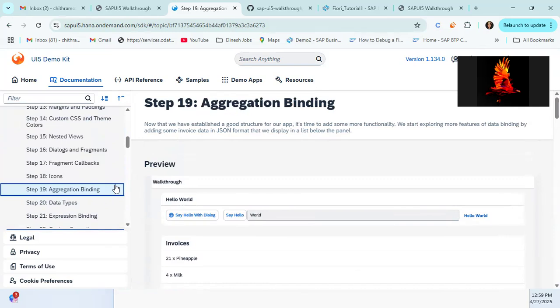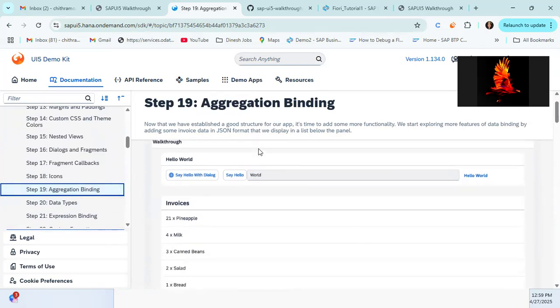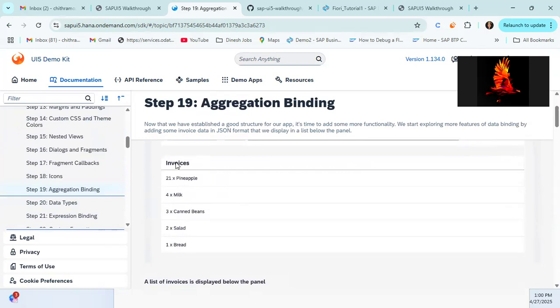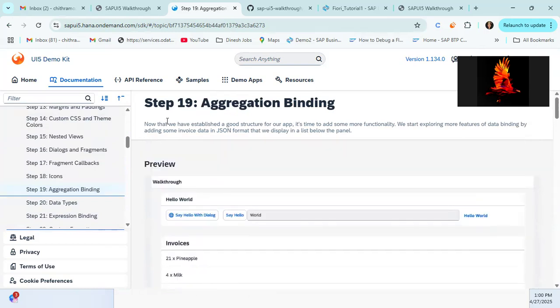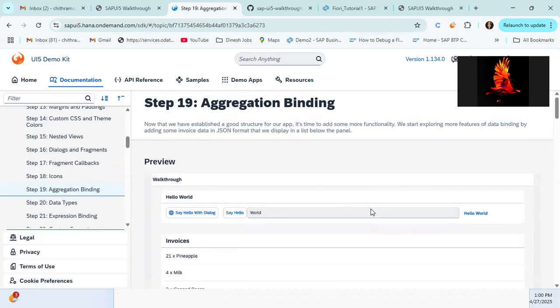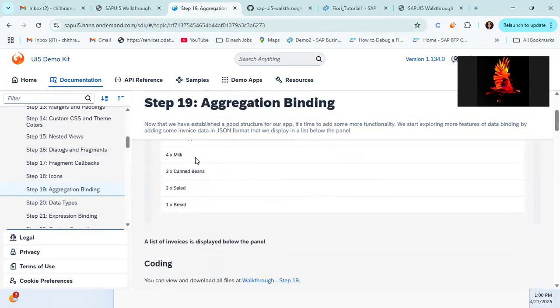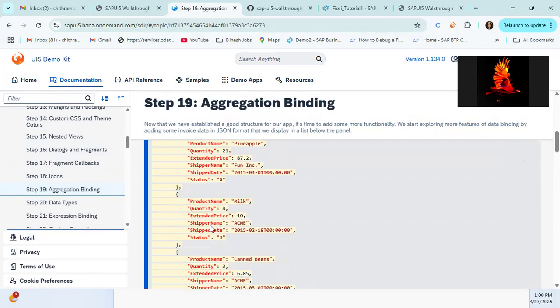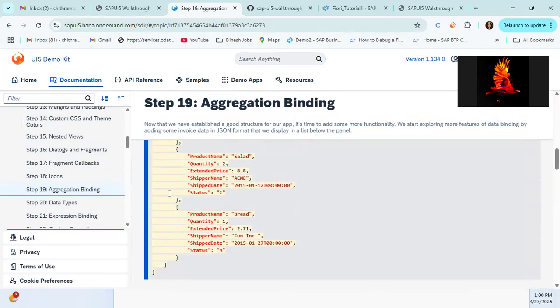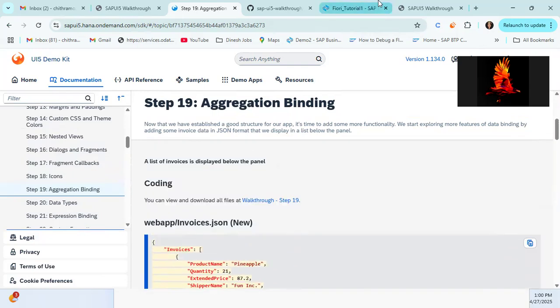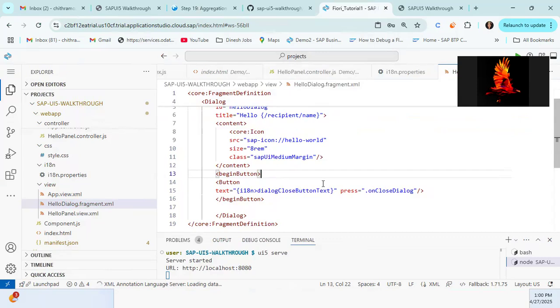Which is aggregation binding. What we are going to do involves aggregation binding. This is a good structure for our app. We need to add some functionality over here. We are exploring more of data binding by adding some invoice data in JSON format that we will display in the list before the panel. This is what we are going to do. We are going to display this list. For displaying this list, we use aggregation binding. Let's go with the flow and start with aggregation binding. So without much delay,